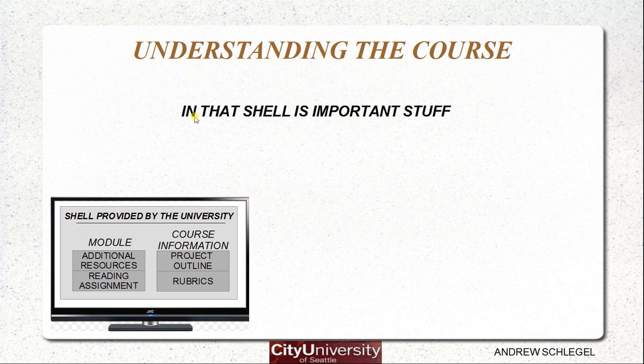thinking of this as a specific project, let's just say we're doing project 5. Then there's a module for project 5, and that module will include reading assignments out of the book. It'll include additional resources such as web pages, videos, things of that nature. Now, under course information, it includes a project outline, and it also includes rubrics. Under that project outline, it's a general description of the problem. It's not giving you specifics, and then under the rubrics, it's saying what you have to do to meet a